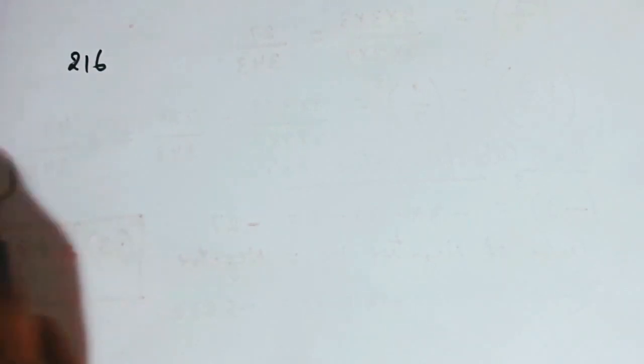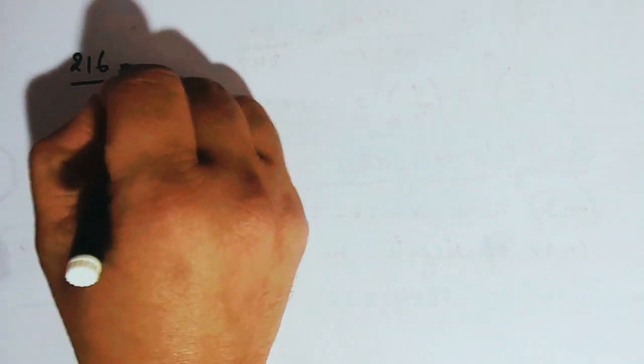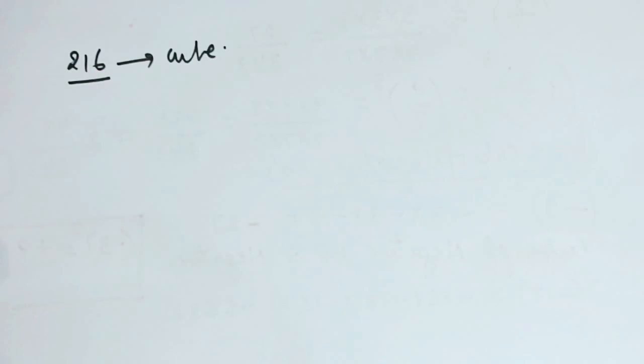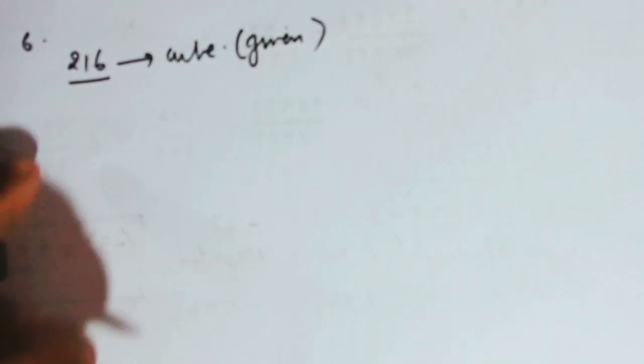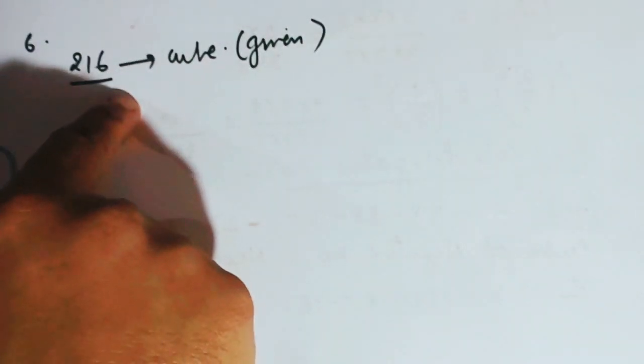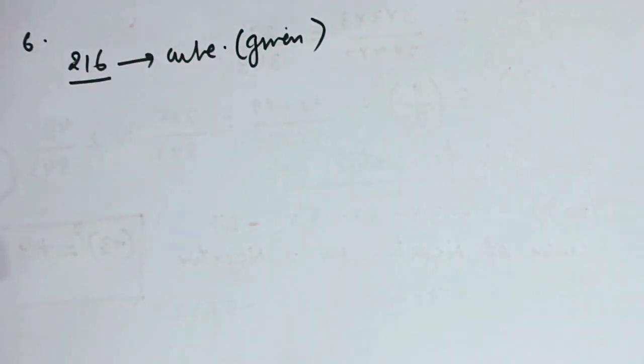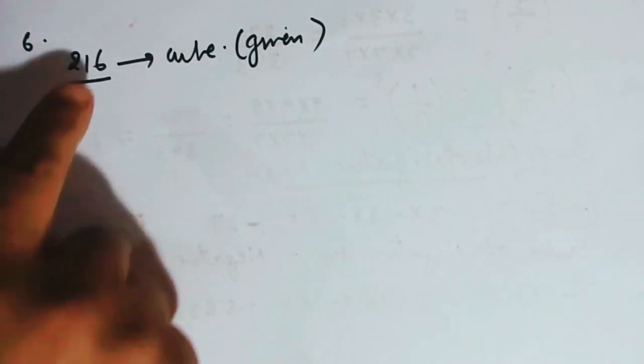Now, which of these following are cubes of even numbers? Come on. You will have the number 216. They are saying that 216 is a cube. It is given. Now this is the number 6. They are saying, is it a cube of an even number or an odd number? Which of the following are cubes of even numbers?